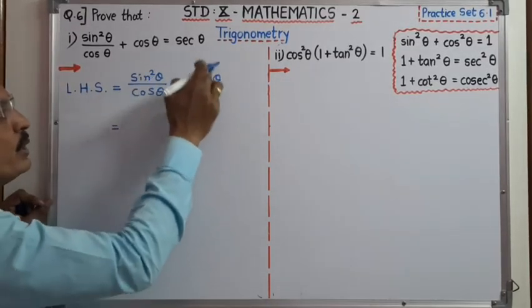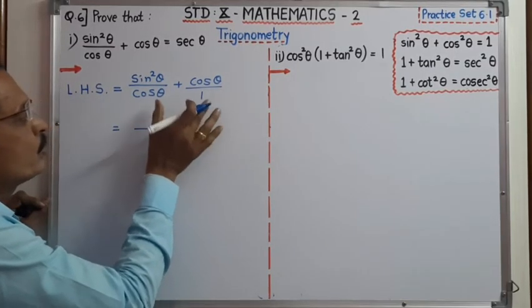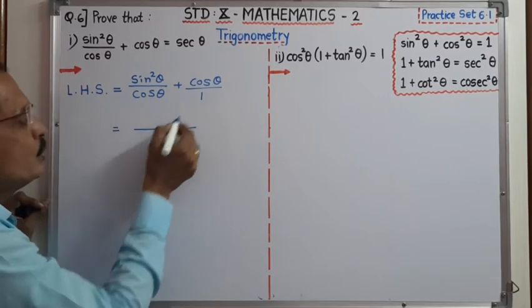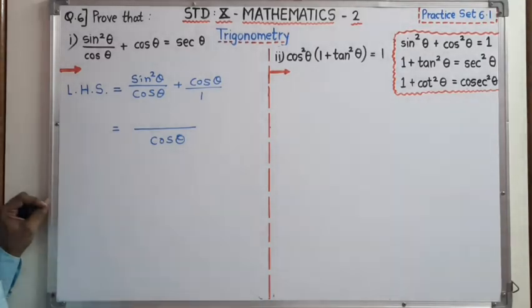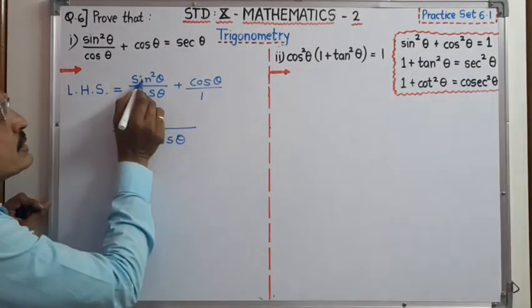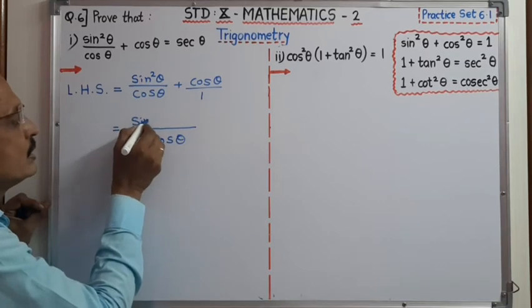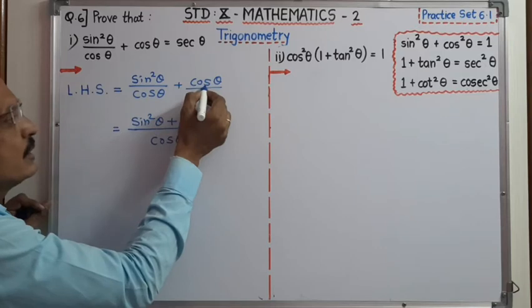We have to do simple addition. Multiplying cos theta into 1, directly we can write the denominator as cos theta. Now sin square theta into 1, therefore we write here sin square theta plus cos theta